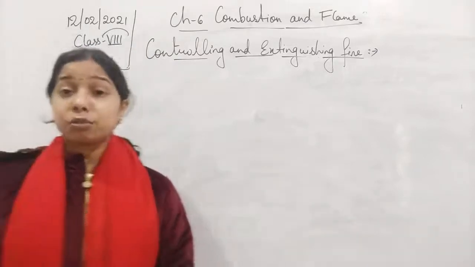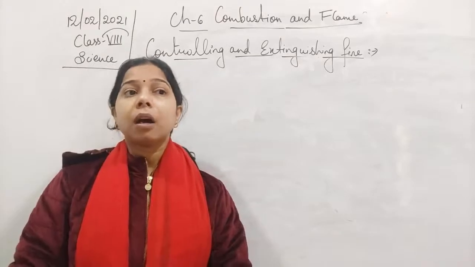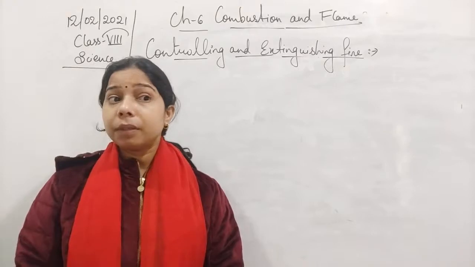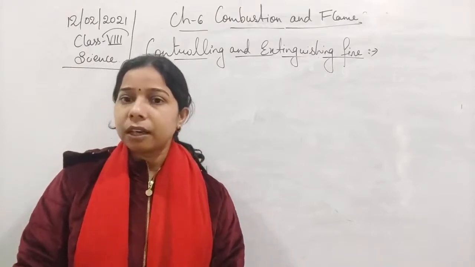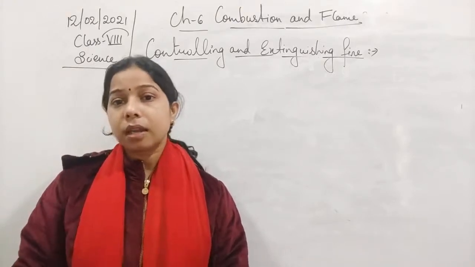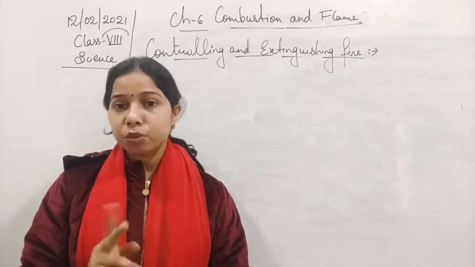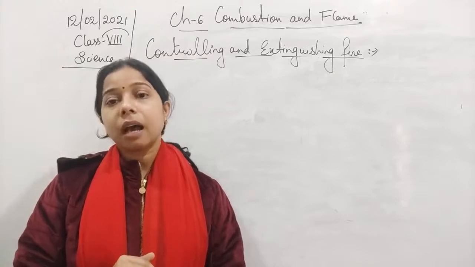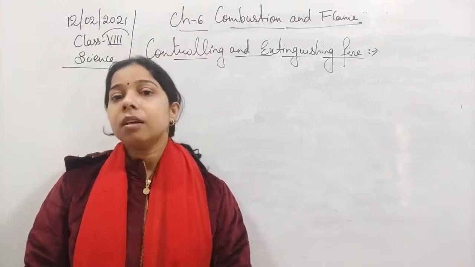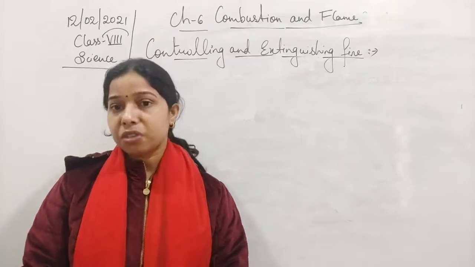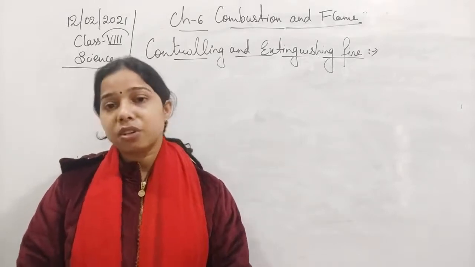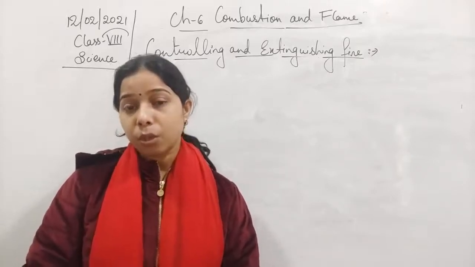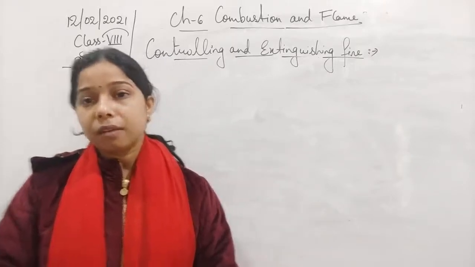Also by using a fire extinguisher, you see that oxygen is necessary for combustion, but just opposite to that, any other gas like carbon dioxide helps in extinguishing fire, working just opposite to oxygen. So we can say that if we use a fire extinguisher, that will also help in extinguishing fire. So let us write about the different methods that we can use to extinguish or to control fire.